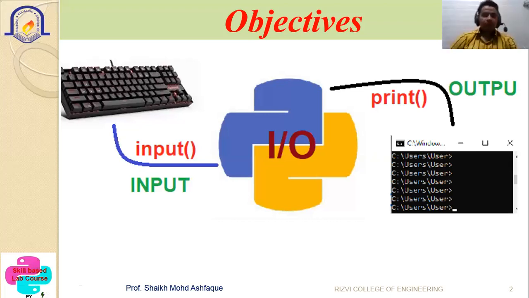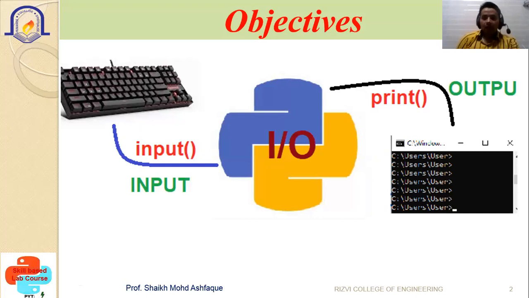Now we are going to see the other topic, which is your IO statement, input statement and output statement. How to accept the input and how to display the output. Basically, to accept input from the user, the input method is used. Input method followed by open and close brackets. Inside the brackets, you can write any string which will be printed onto the screen at the time of asking for the input. So input is the method for accepting the input from the user.